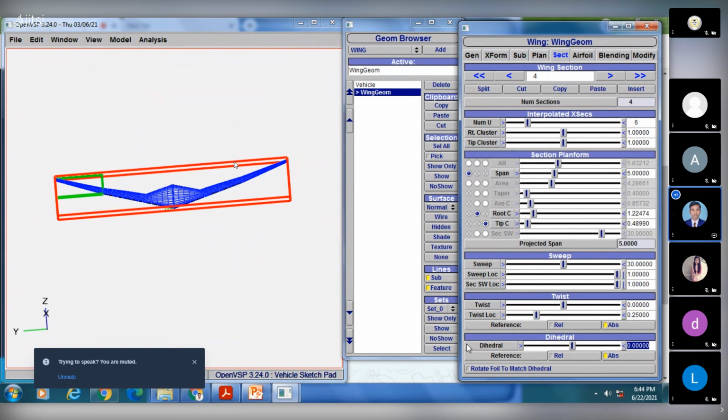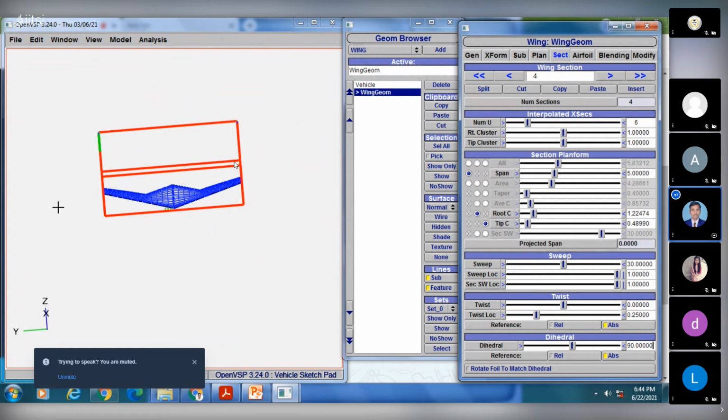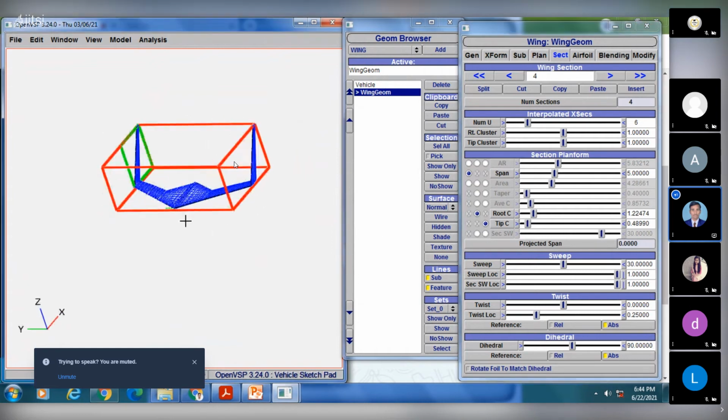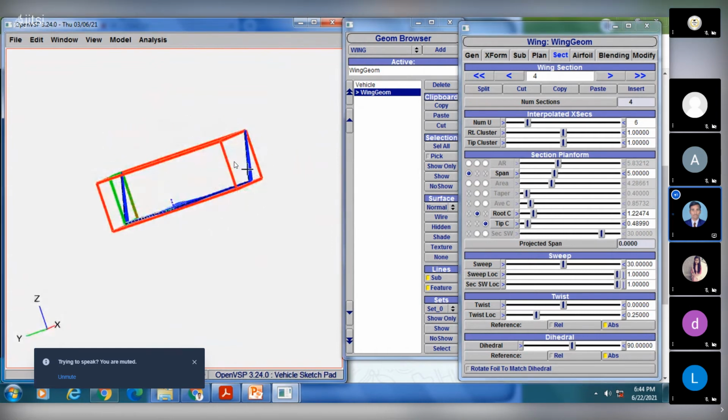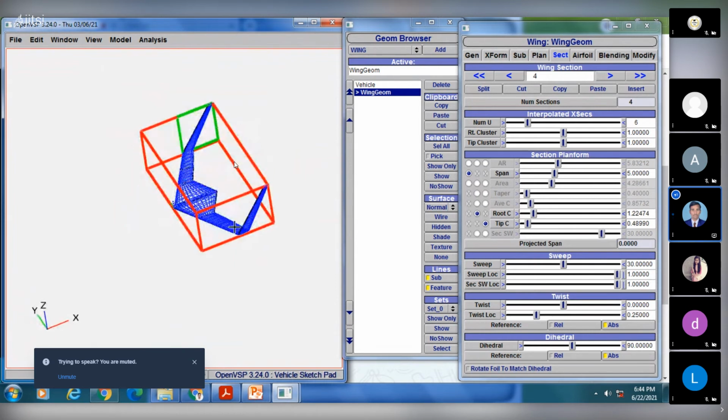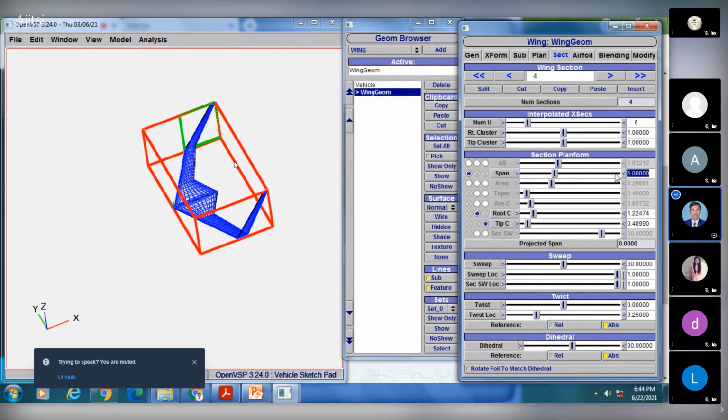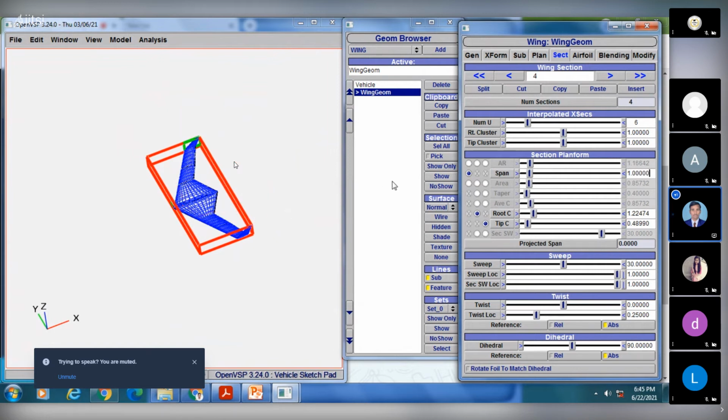We will use dihedral 90 degrees. Okay, yeah. So it got twisted. This much span we don't need. So I will reduce my span. To reduce the span, you are already in that section itself, so just reduce this span from 5 to 2 or 3 or 1. I'll just type 1, enter.